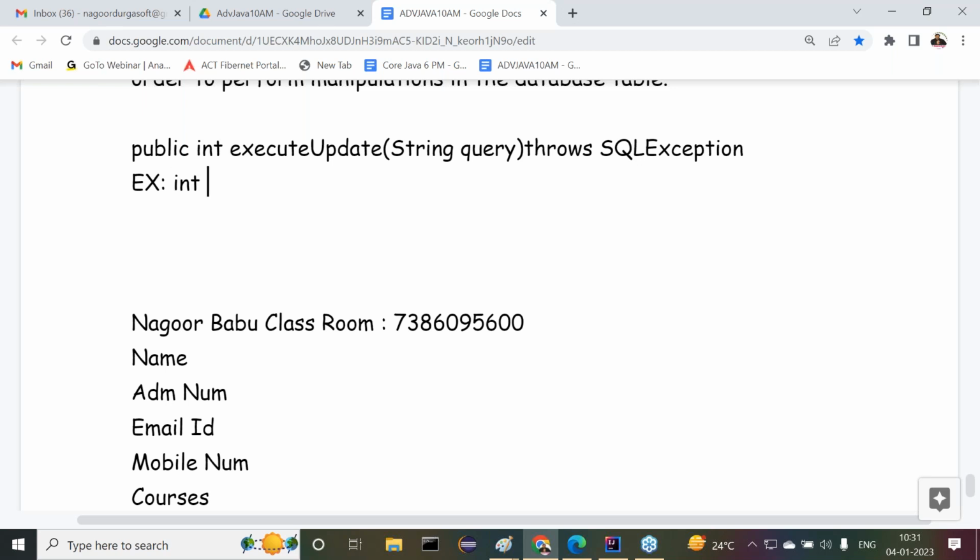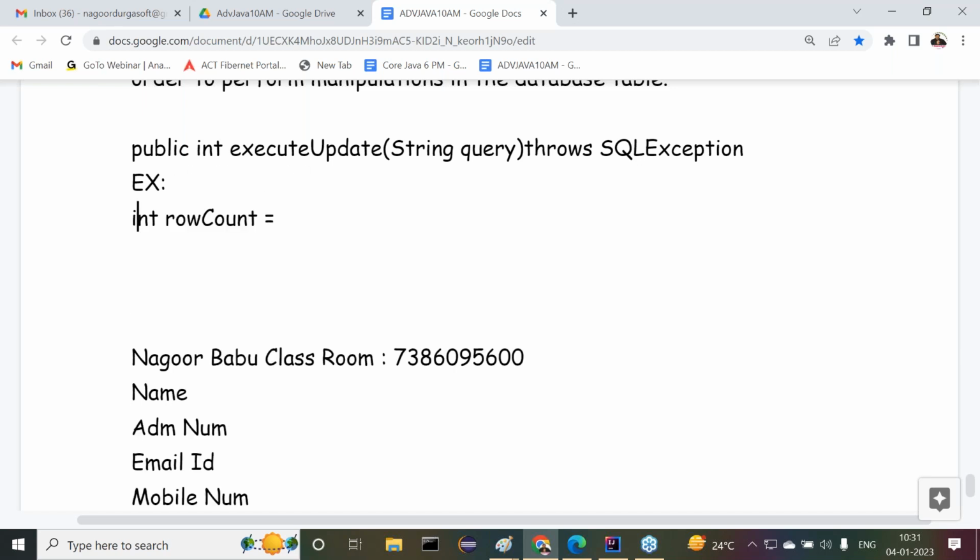Example I'm telling you: int rowCount = st.executeUpdate. Say for example, assume I have a table in my database now. The EMP1 table already exists in my database. Assume the EMP1 table exists in my database. For example, executeUpdate where